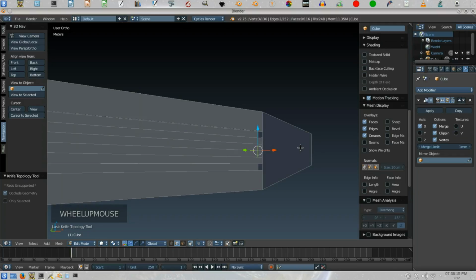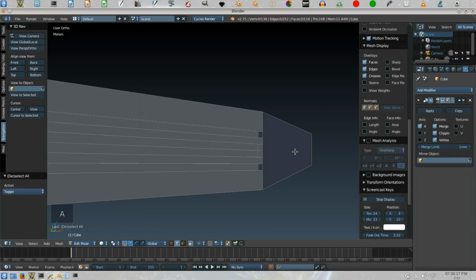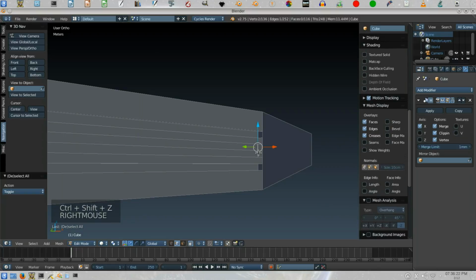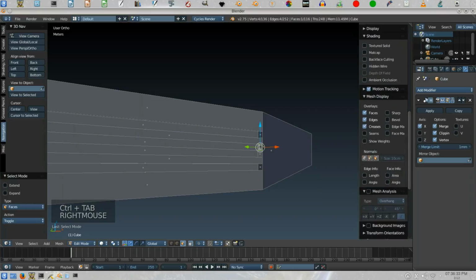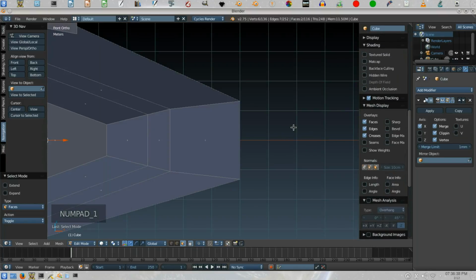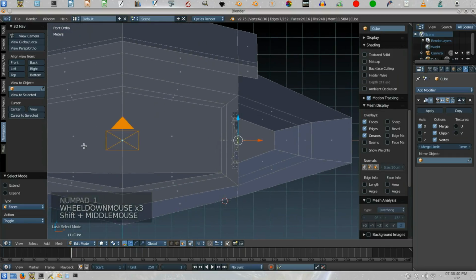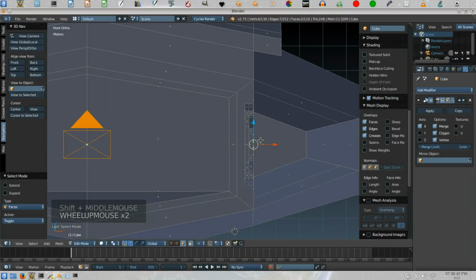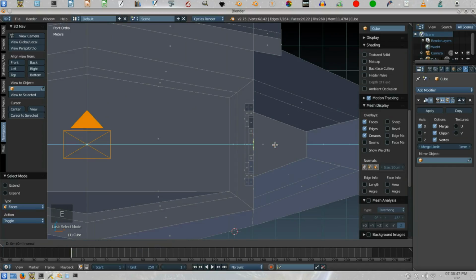Okay, so now let's deselect that for a moment. And now let's do Shift Control Z to reselect that, or does that let me do that? No, it does not. Okay, let's click this, Shift, right click that, and then let's scale Y0, just so those are straight. And then I want to go to face select mode, and we want to click that, right click that. Let's go to numpad 1. And I want to have something that prevents this thing from going off the edge, so let's extrude in the X,